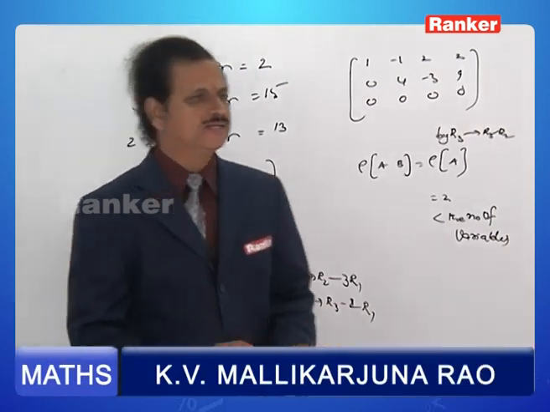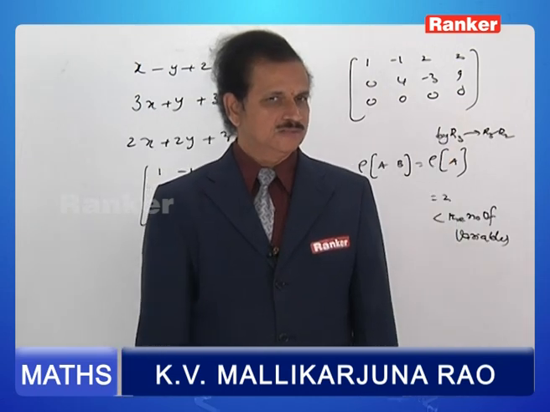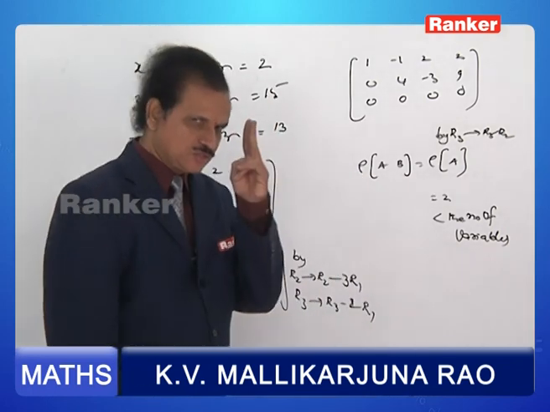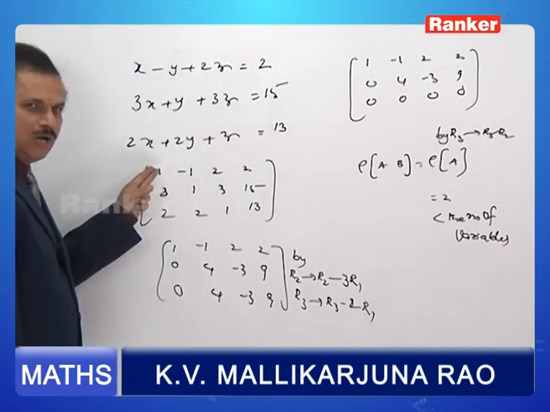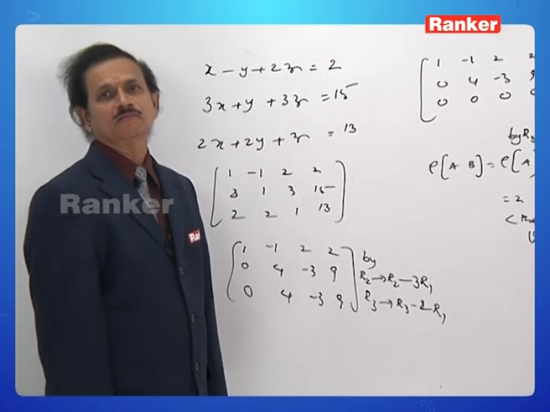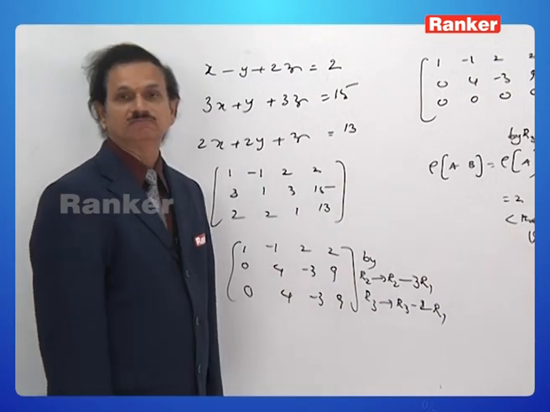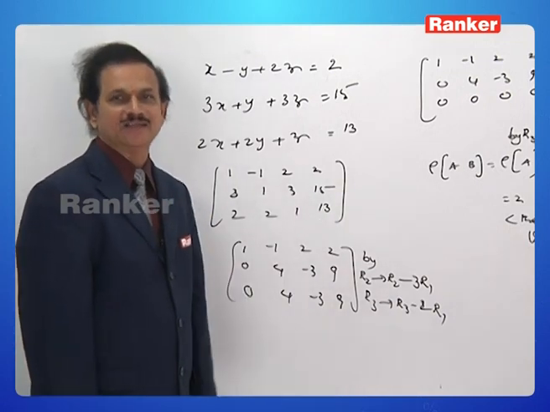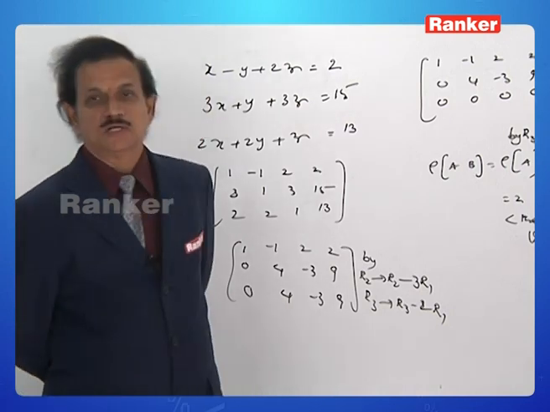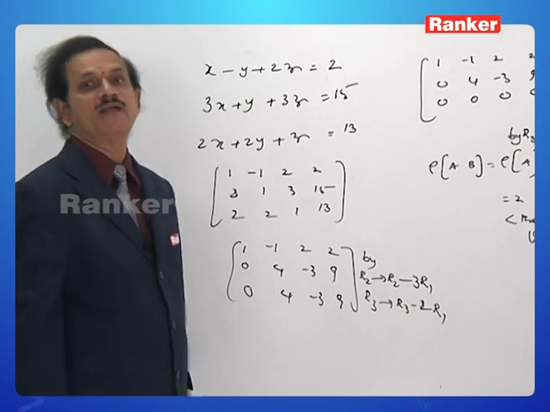We could have taken the decision by means of the rank of a matrix without using a bulkier procedure. We have just 2 steps: all the elements below the 1/1 place, all the elements below the 2/2 place. That's all. By this simple making, our decision is ready. So it has infinitely many solutions. In the previous problem, we had a unique solution. In the present problem, we have infinitely many solutions.